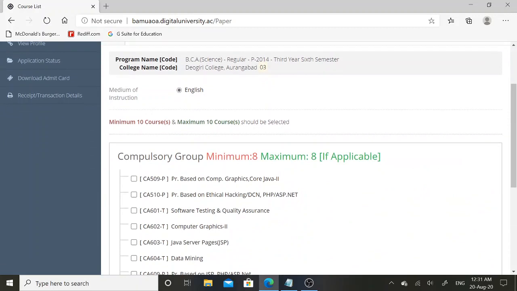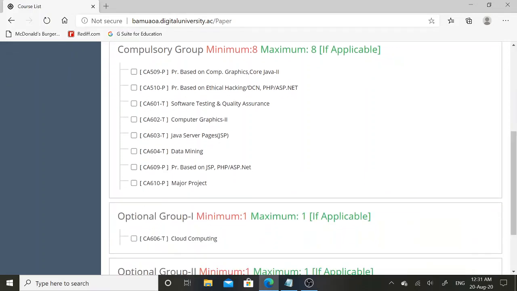Again, by default the medium of instruction is English, and this radio button will get selected. Then initially I need to select the first checkbox and the rest of the checkboxes will get automatically checked.